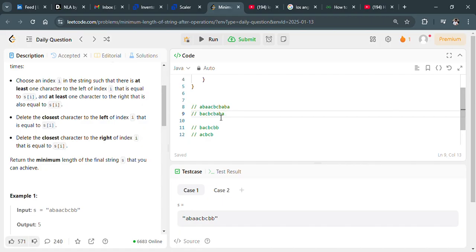Now if we choose this a, we can remove this a and this a. It means we then have b c b, b c b and c b a b. We will have this. It means the simple thing is, you can see, if we have 4 characters,